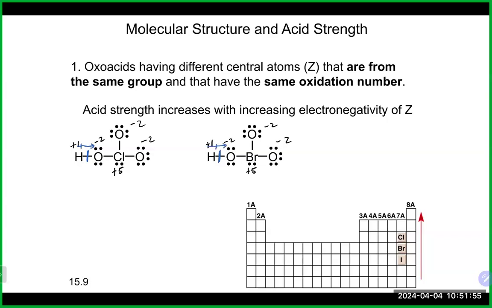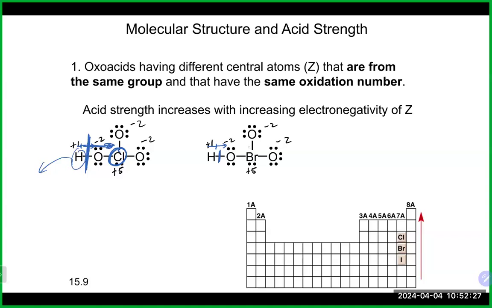So in this case, where we have the same oxidation state of the central atom, we actually look at the electronegativity of the central atom. And between chlorine and bromine, chlorine is more electronegative. So what does that mean? It means that already the electrons are heading towards the oxygen. And now you've got this chlorine, which is going to bring the electrons even closer in towards the chlorine. And that's going to essentially continue to weaken this bond